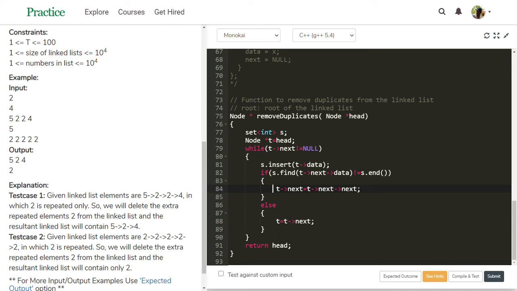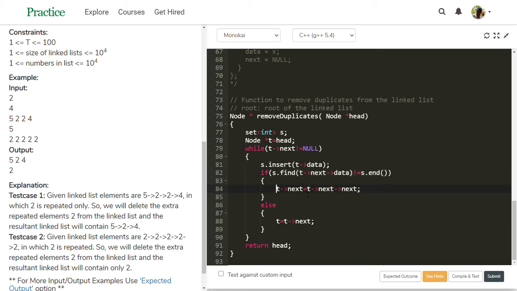Then once again 2 is inserted; 2 is already there. So once again this check: t next data is once again a 2, the third 2. This is also in the set. Once again this executes.